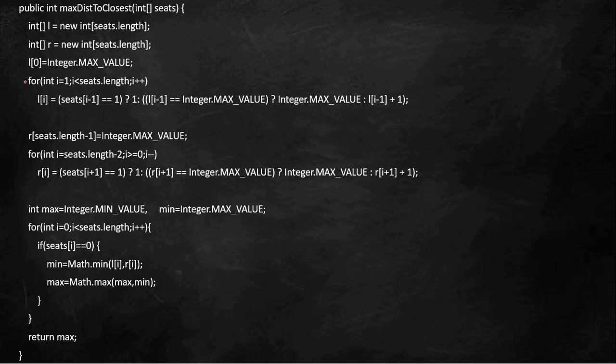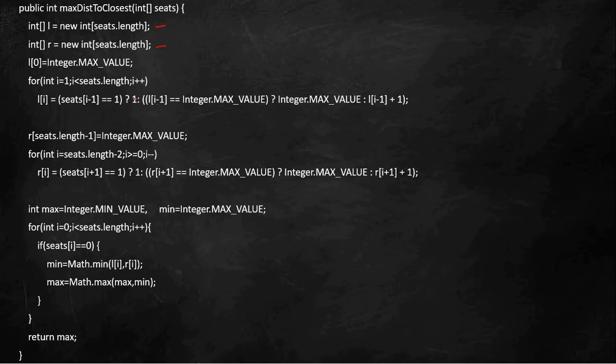So here I have declared left and right. Initially, for the first index on the left side there is nothing on the left, so I am assigning the value as max value, similar to the infinity value that we had, and then I am starting my array with i equal to 1. I am directly checking if the previous element is 1, then it is only one distance away, my current element, that is my current left of i.